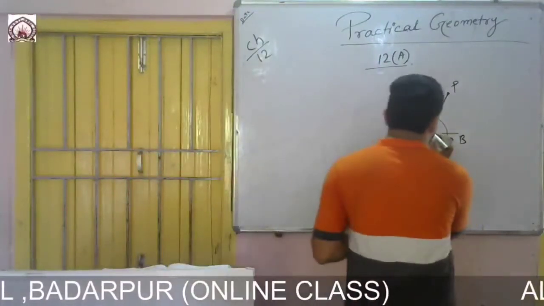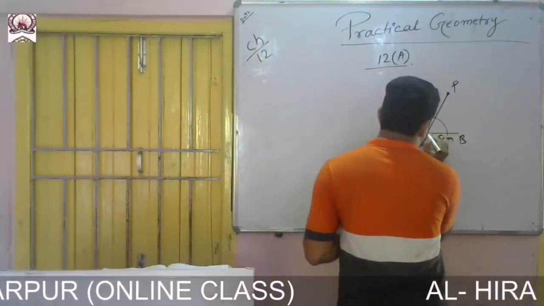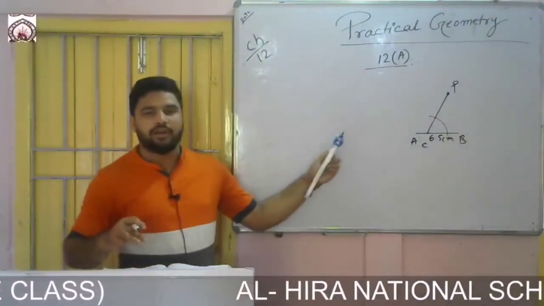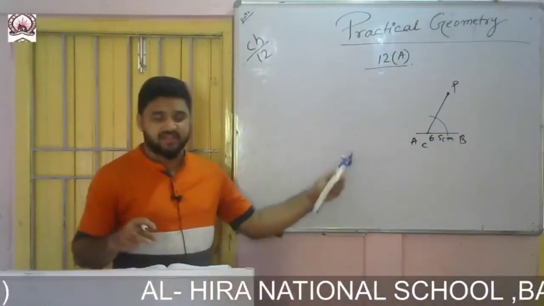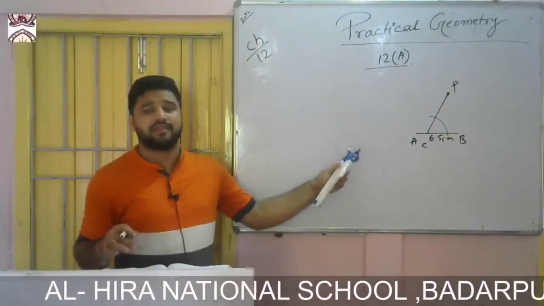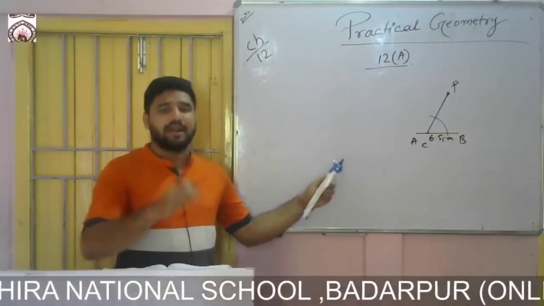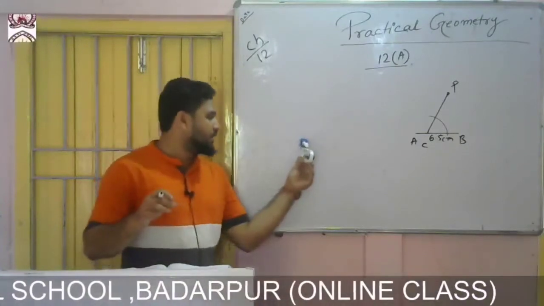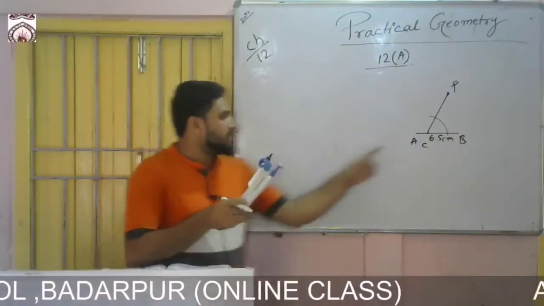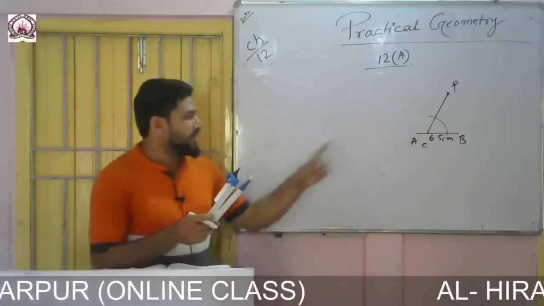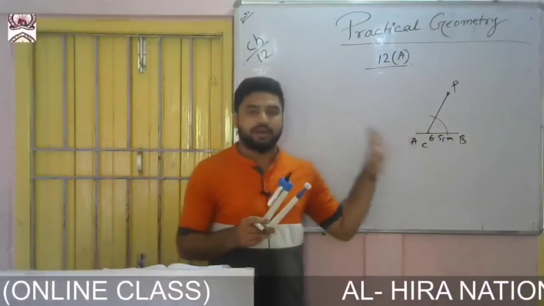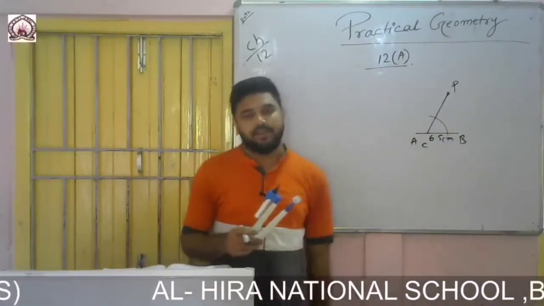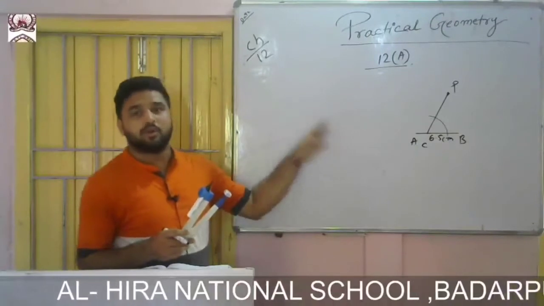With this instrument, whatever I am drawing on the board will not come out accurate. But the process is the same. Whatever I am showing, the steps of construction are the same. You do it in your copy and you will get the same measurement. Here it is an eraser, so whenever I draw any arc, it gets erased. For that reason, sometimes it will not be accurate. But the process I am doing, you do in your copy, and you will get the same result.